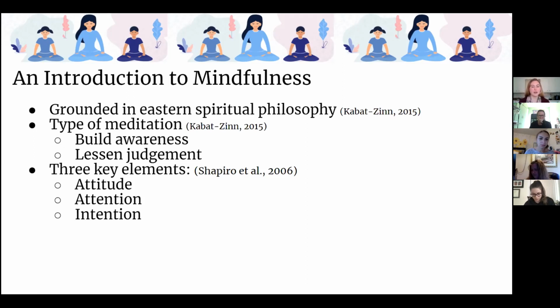There's three main elements of mindfulness meditation. First, we want to look at disposition or attitude. So we want to be open, curious, kind, and accepting. Meditation also focuses in on attention, so being present in the moment and noticing important things around us. Finally, we also want to think about our intention. So during mindfulness, we want to ask ourselves questions like, why am I doing this? What's the importance of what I'm doing?